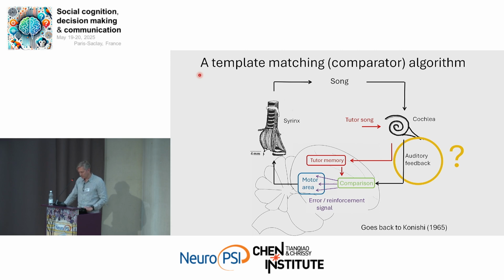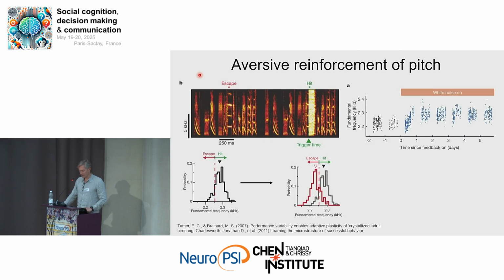Before I show you the experiment, let me tell you that many people test song learning in adult birds by just playing back a loud stimulus, for example, when the pitch is low. So here is a bird that sings every day a syllable of about 2.2 kilohertz. Every dot is one syllable. And when you punish the low pitch renditions, then the bird will increase the pitch to avoid the aversive stimulus. And so my student, Anya, thought, well, we could maybe try to do this with light, right?